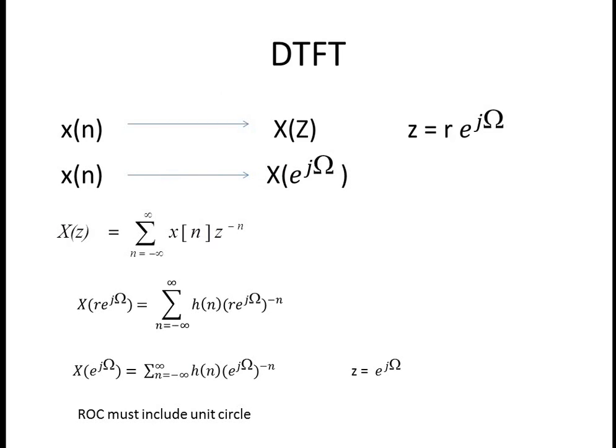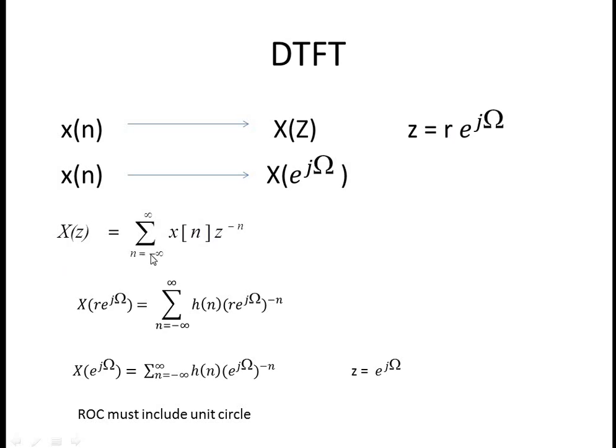We all know that if we apply the Z transform to the discrete time signal x of n, we can get x of z, where the value of z is r e power j omega. And if we improve further on the Z transform, we can obtain the discrete time Fourier transform. By applying the discrete time Fourier transform to this discrete time x of n, we can represent that signal as x of e power j omega, and it can be obtained by making the value of r as 1 in the z value.